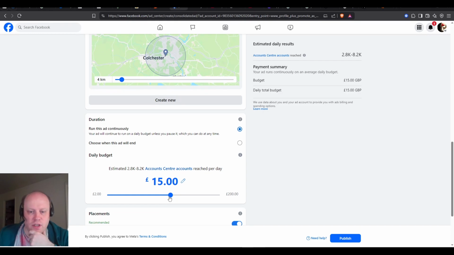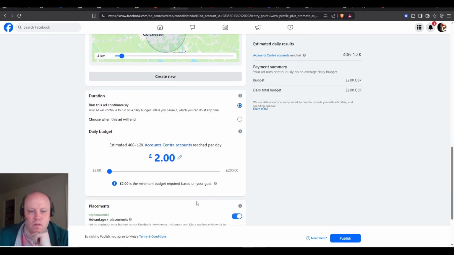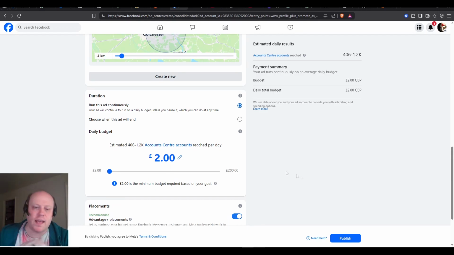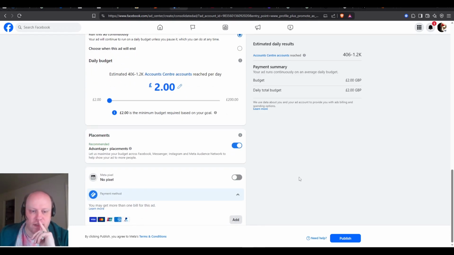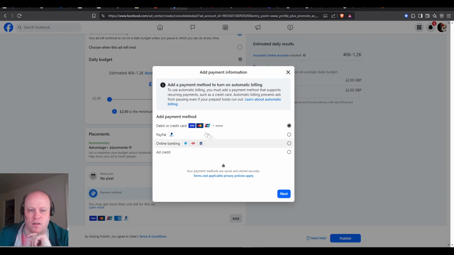And what we want to do is, I'm going to be doing this over a period of time. So the most important thing is keep it low, right? We want to keep it low at first, just because we're going to be reaching a reasonable amount with that. With, say, £15 for the area, we're reaching a lot more accounts, but I'd rather keep things exceptionally cheap at the moment for this one, because this is an example. And then what we're going to do is we're going to add our